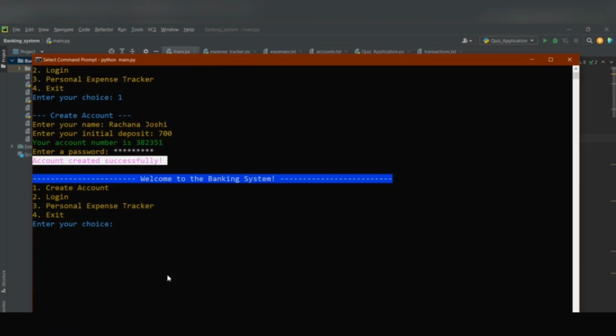Okay, so again, this loop will run unless and until you enter exit. It will exit from the whole program. But we need to see whether this is working or not. So now let's log in to the account. We need to remember what our account number is. It's 382351 and the password is,